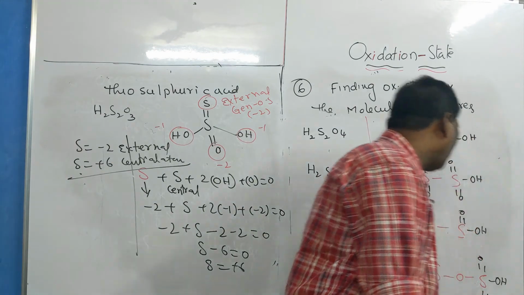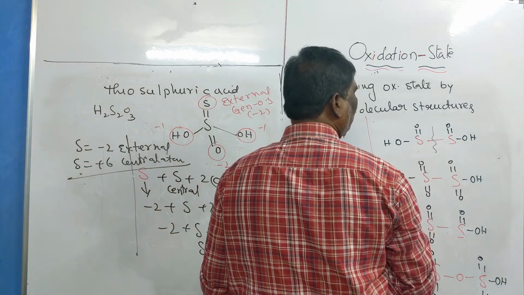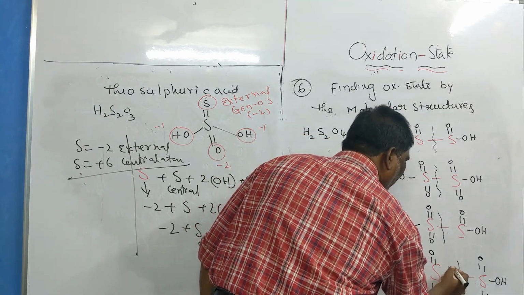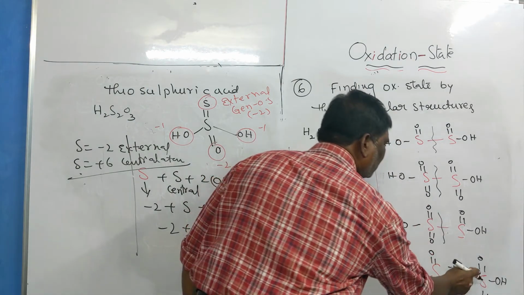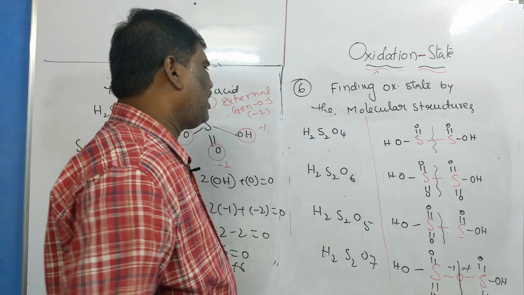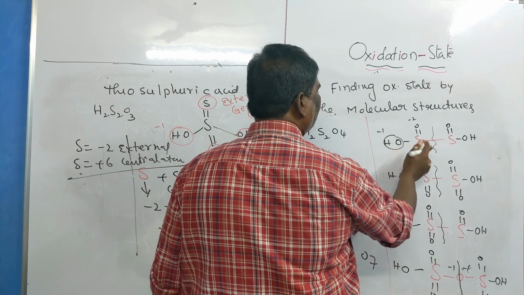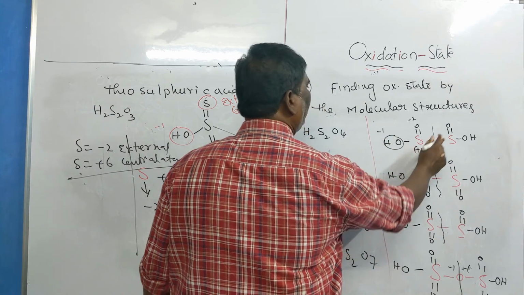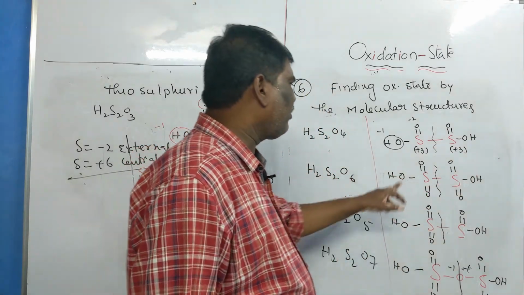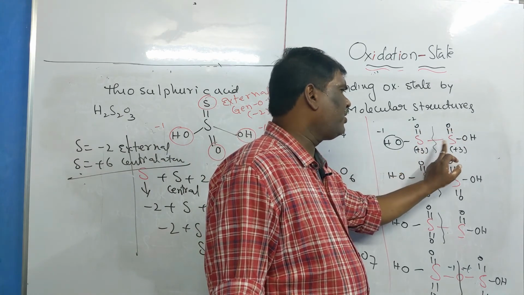Now for this one, how can we calculate the oxidation states? Now you remember these two are like atoms. So break that one, break that one, break that one. Now here this is broken as -1 for this position and -1 for this one. Thus we estimate the oxidation states. Now for this one, generally this is -2 and this is -1. So sulfur will get how much? +3. Here -2 and -1, sulfur will get +3. Or you simply remember by taking the bonds 1, 2, 3, so +3. 1, 2, 3, you don't take this bond, so +3.